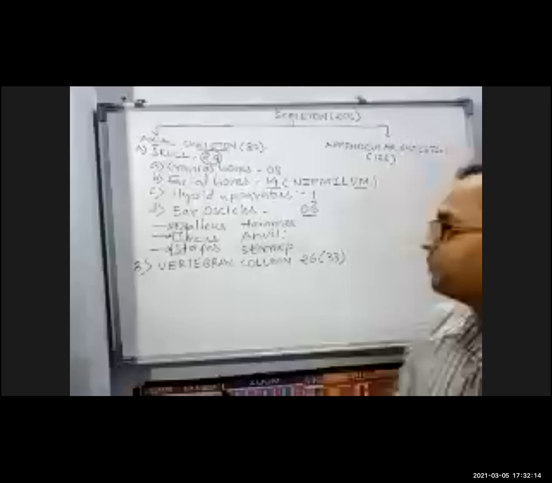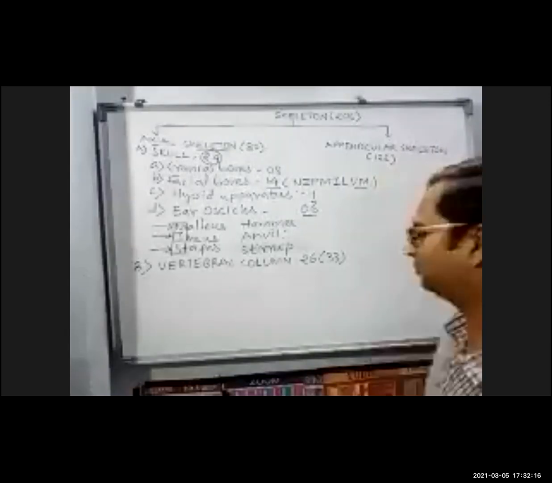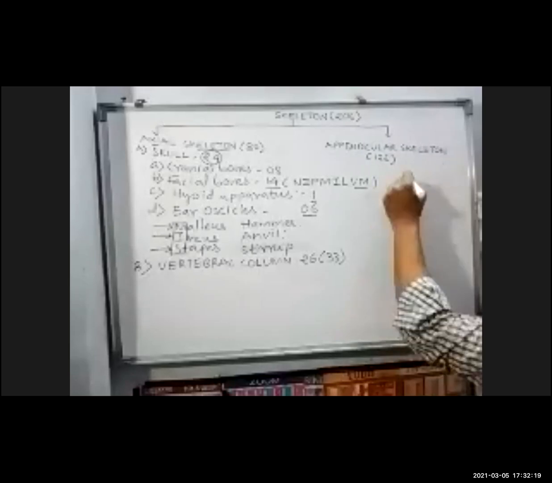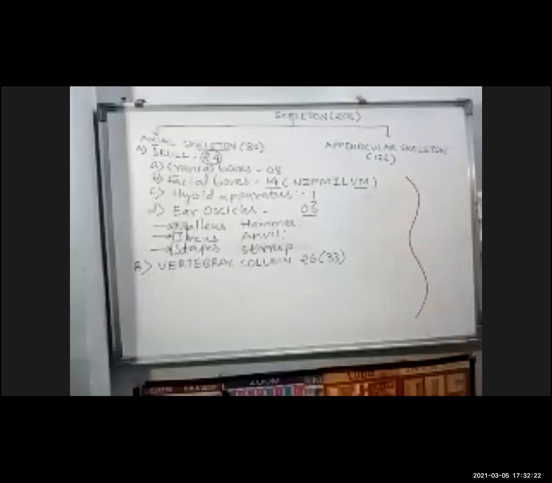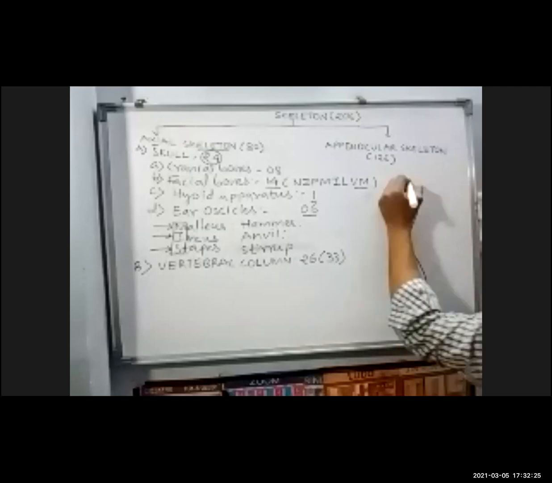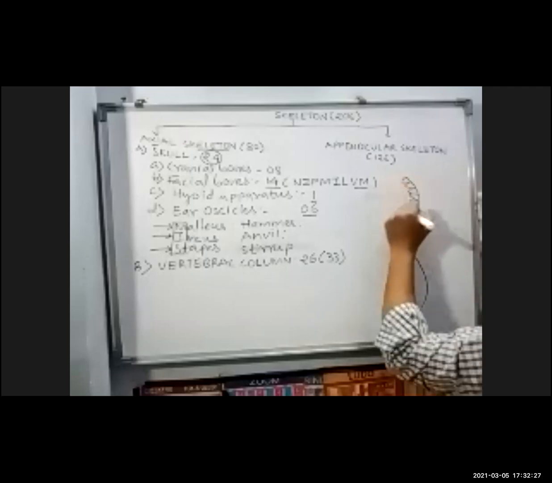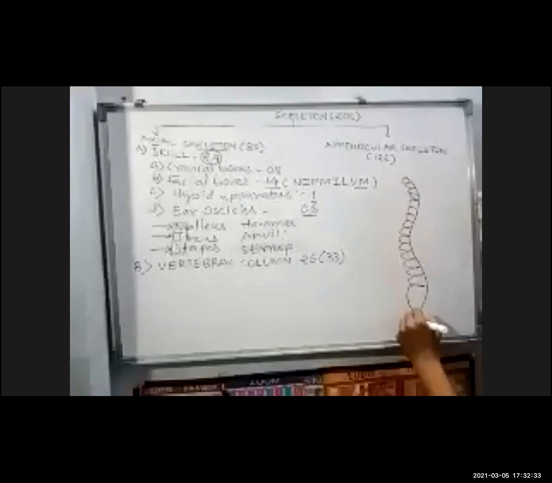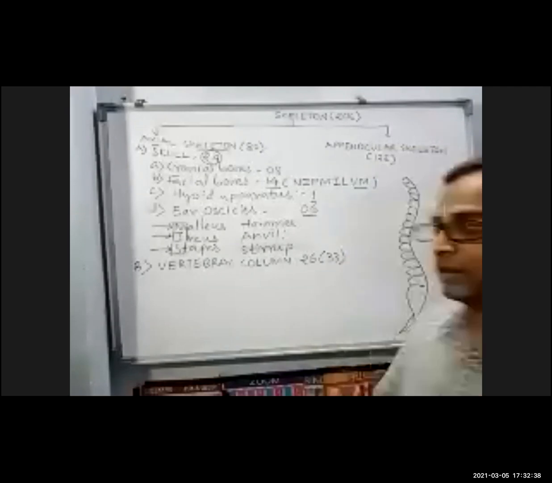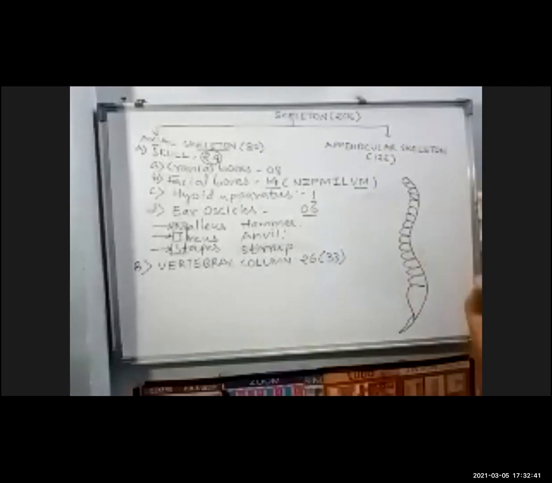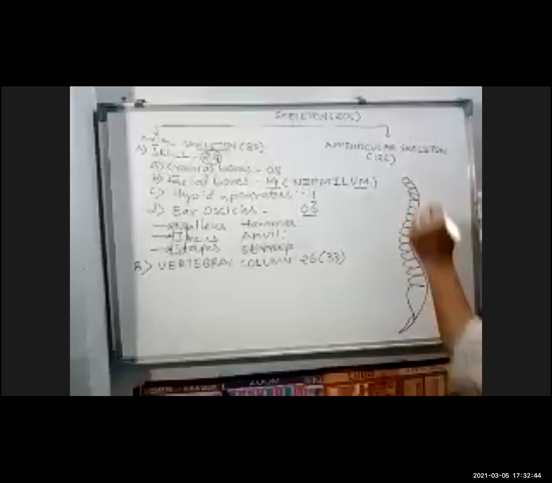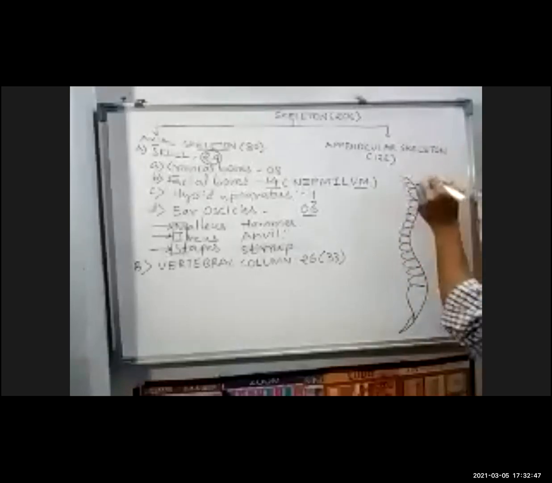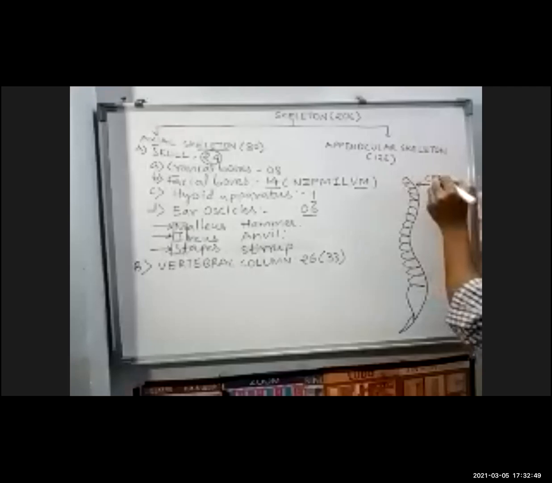Okay, 70 centimeters long, and it shows 4 curves. In general, it shows 4 curves in human beings. In us there are 4 curves here. But when you compare the same thing with gorilla and chimpanzee, who are very close to us, they have only 3 curves. So they lack 1 curve in the vertebral column. Now, what are those curves? You should know. The first curve is here in the neck. This is called the cervical curvature.